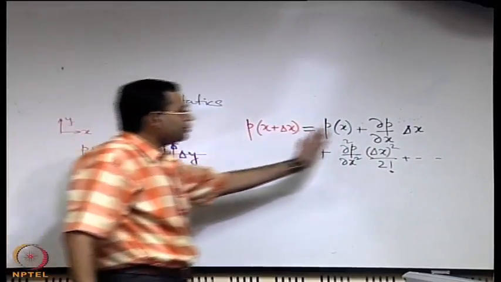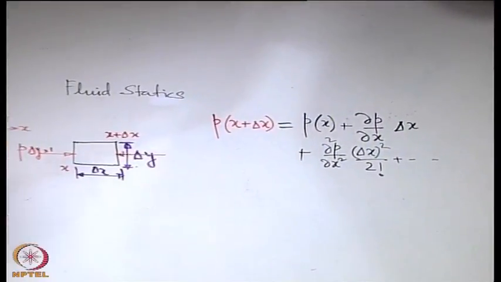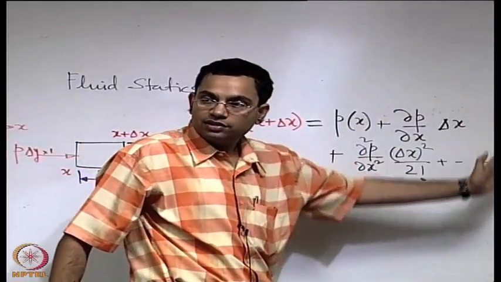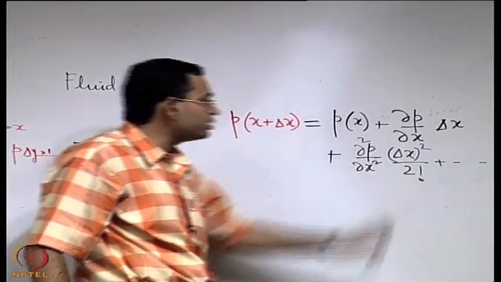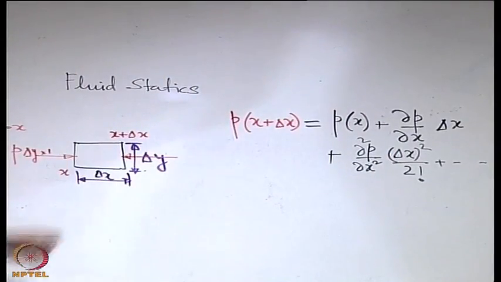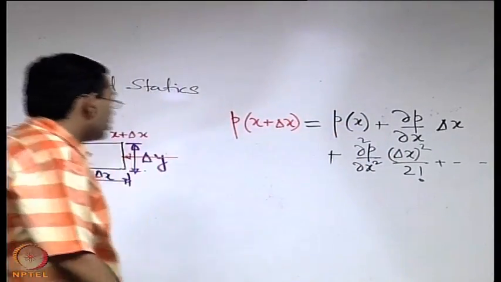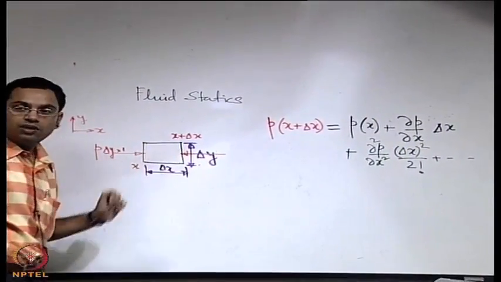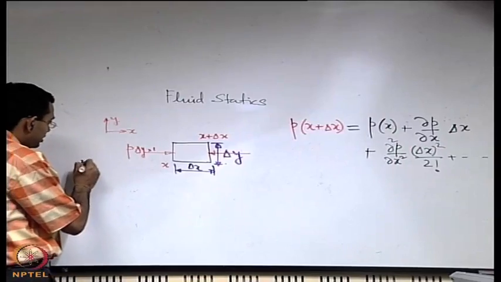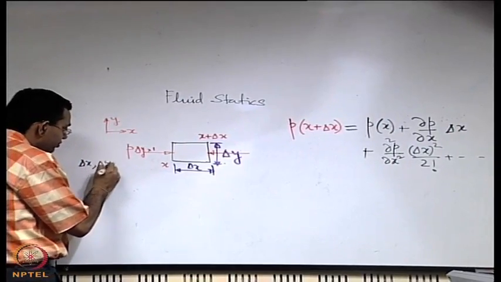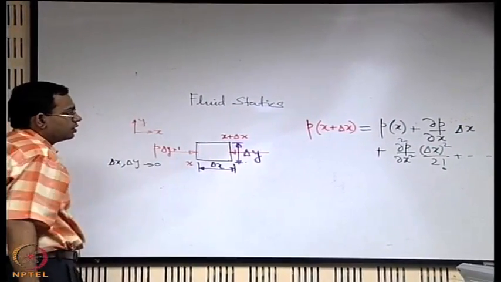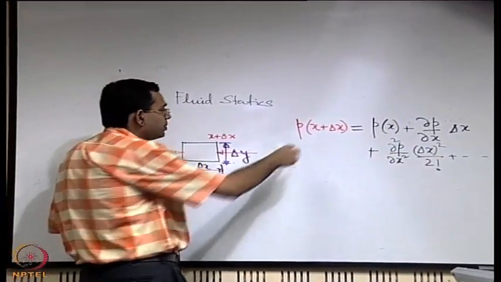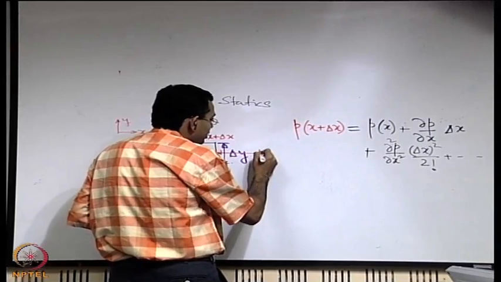There are infinite number of terms, but as you take delta x very small, you may neglect the higher order terms in comparison to the dominating term, the gradient, keeping in mind that we are dealing with cases where delta x and delta y are very small, so delta x and delta y all tending to 0. So from the expression that we have here, what we can write is P,